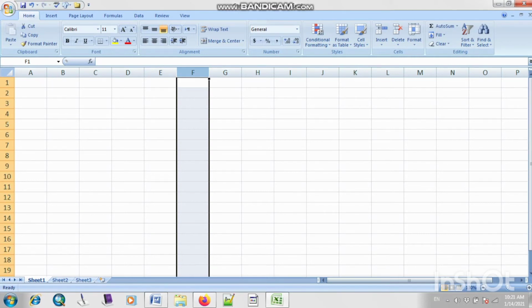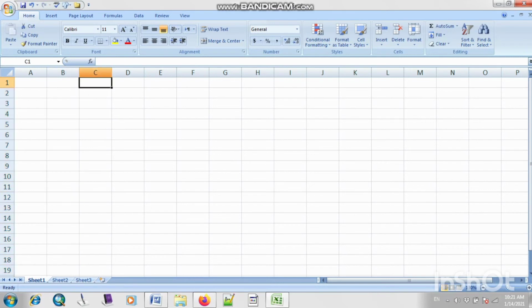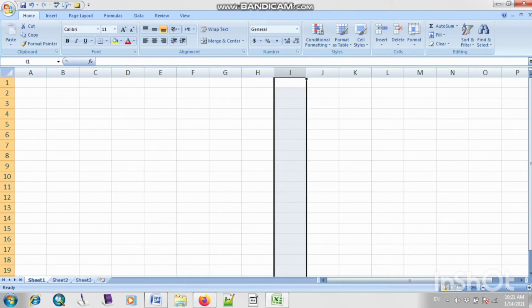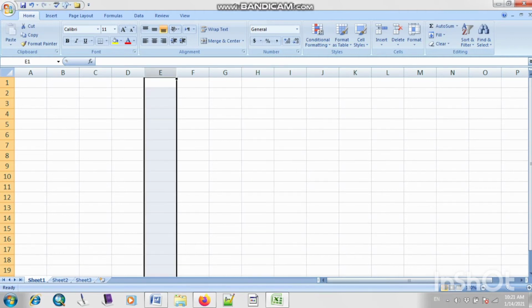So all these bars are known as your columns. When I ask you to click on this, you have to click on your column, like column H, column E, column D.